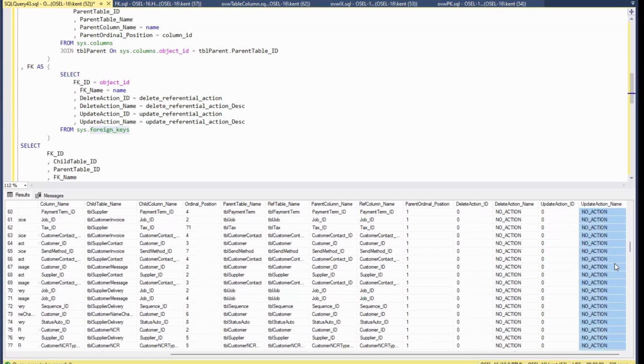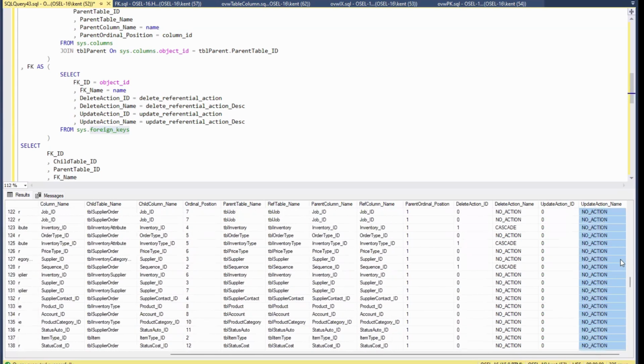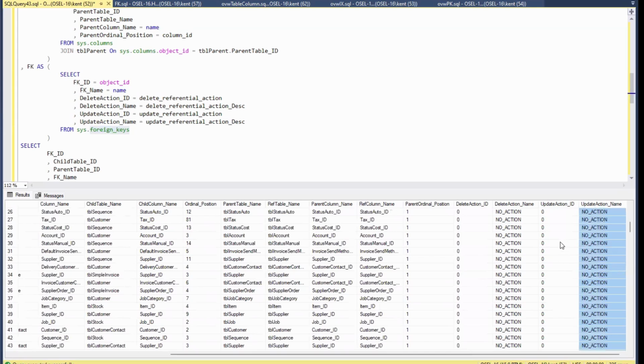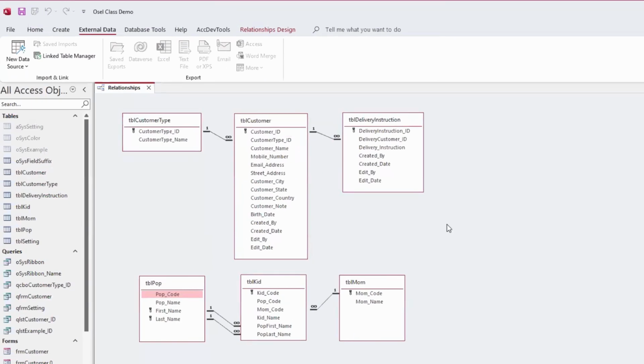Now, you notice here I'm not actually using any cascade updates. Now, why would you ever want to have cascading updates? Well, if we look at this particular relationship, and this is an Access database,